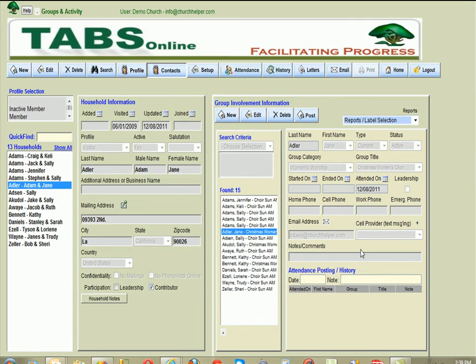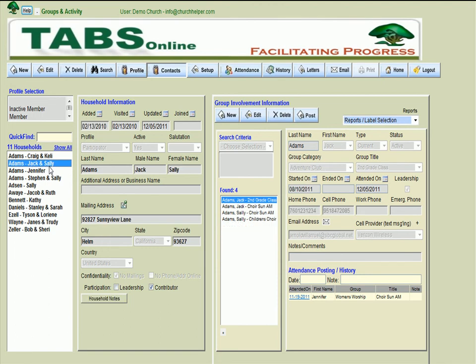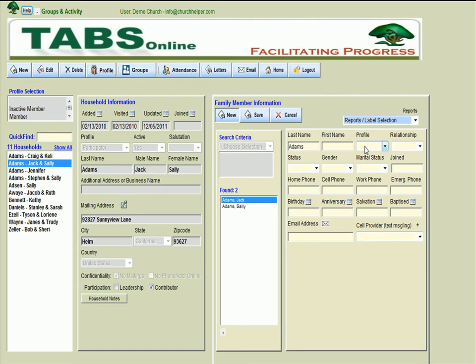What we're going to do now is go back and say that we have an individual who is not on the listing or the attendance list for the choir Sunday AM for the women's ministry. And let's say that that particular individual belongs to the family of Jack and Sally Adams. So let's say that we have a child or a daughter who is not on this list who started coming and being a part of this ministry. What you would do is exit out of the groups area. You're on the Jack and Sally record, and we're going to add another person,